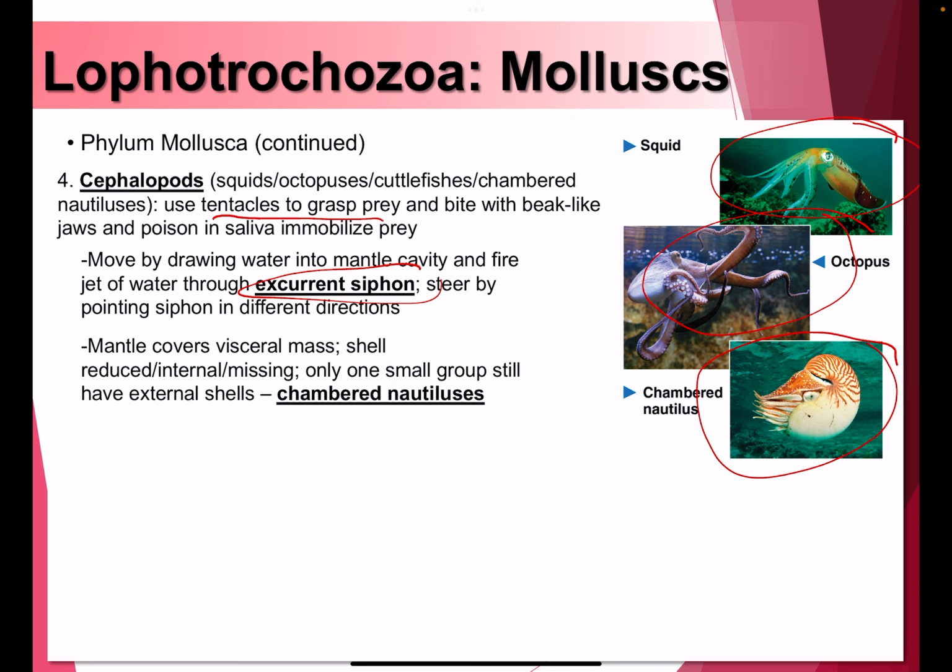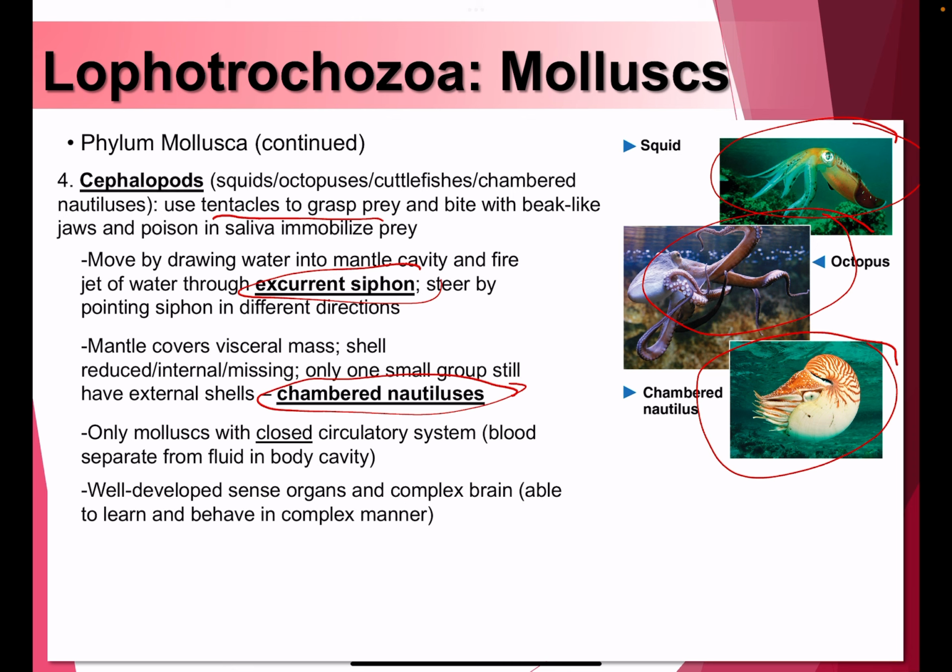Now, the mantle covers what's called the visceral mass, as we've talked about. And, like I said, their shells are usually either reduced or internal, or completely missing in these cephalopods. The only exception among cephalopods with an enlarged shell are the chambered nautiluses, which are really cool creatures. I looked up a video of them swimming around, and I just love looking at them at the aquarium. But it's kind of boring, they're just swimming around, so I didn't want to add to the timing we had within this chapter. But these chambered nautiluses are really cool creatures, and they're the only ones with shells in the group of